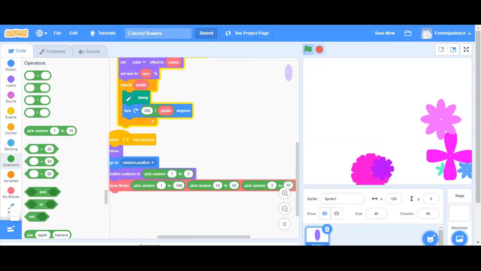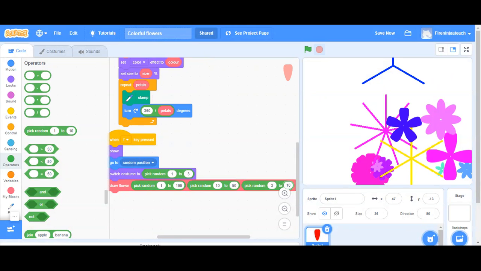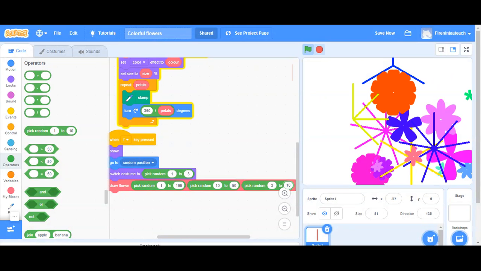Each time a different number, different petals. It's choosing different costumes also, so that's the reason you're seeing different types of flowers. But for this I'm keeping on pressing the F key. Now what I'm going to do is,